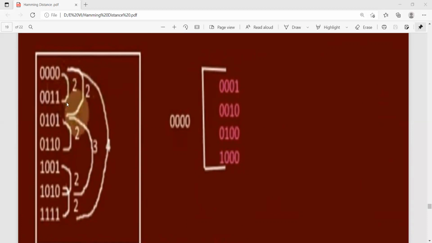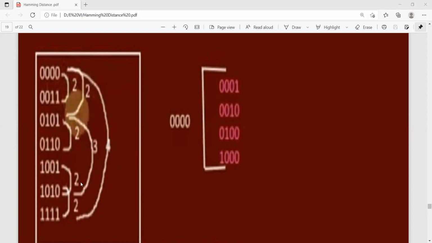Compare this with this. These two: 0, 1, 1. Here it is 1. Therefore 2. Here also the Hamming distance is 2. For this case also it is 2, this one and this one. Now you can compare the first one and the last one. How many possibilities? Here all zeros and here all ones. Therefore, the distance is 4. The Hamming distance is 4, so it is far away from this place; the length is more.